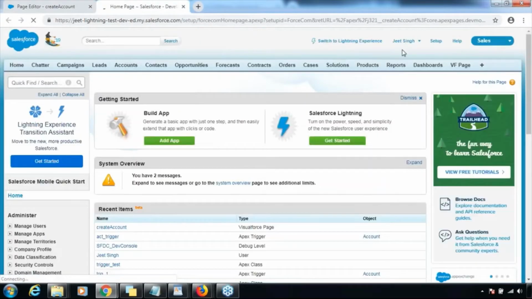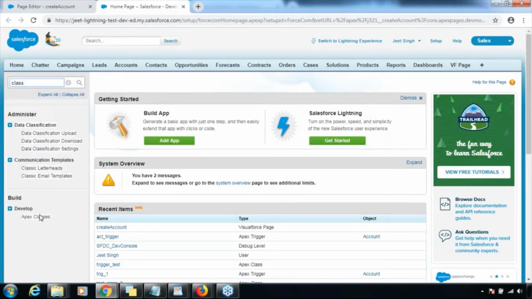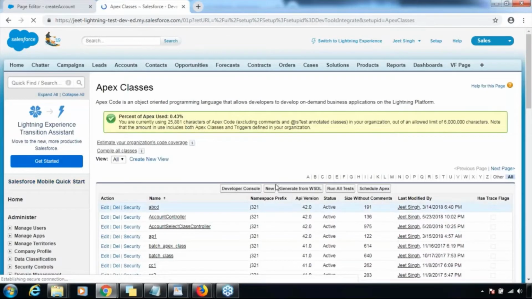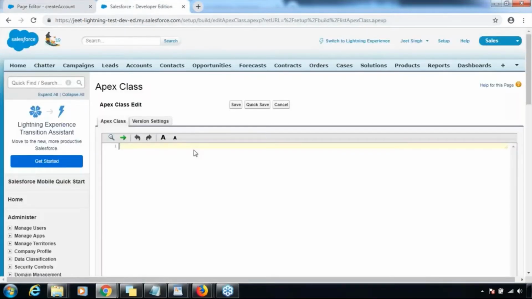Let me create a controller class. Now all these things you know, so I'll not be spending too much time in explaining each and every aspect of it. Now you understand what we're doing, so we'll move a little quickly. So it can be a public class. Can it be private class also? Public class, create account,